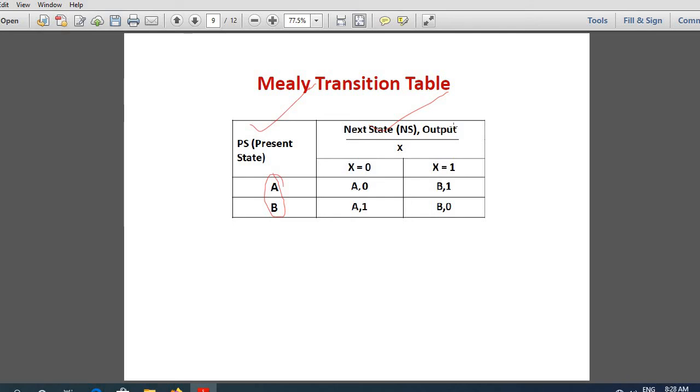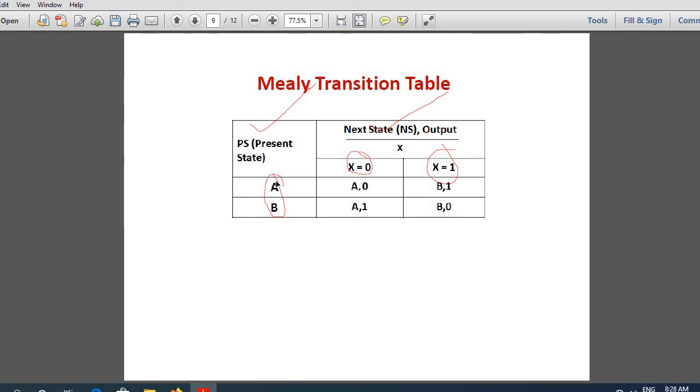There are only two outputs, so you need only one bit to represent it, 0 or 1. And what is the input? Input is the pressing of a button. Pressing the button can take an up value or a down value. Up means 1, down means 0. So you can call the input, pressing the button, the X value. It can be 0 or it can be 1. You're going to make it a digital system, okay?